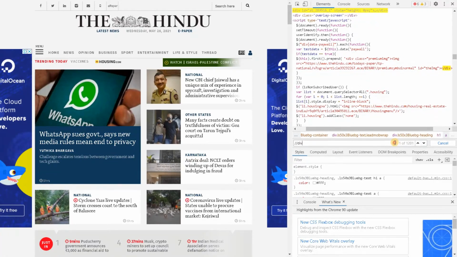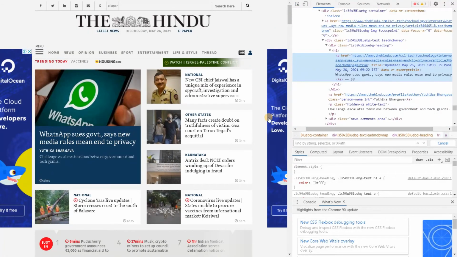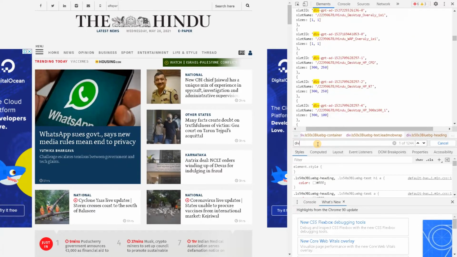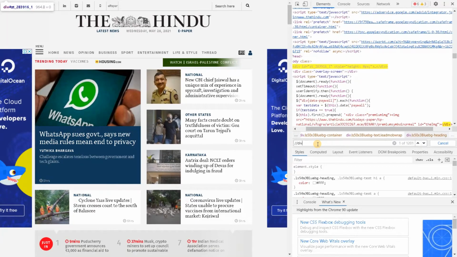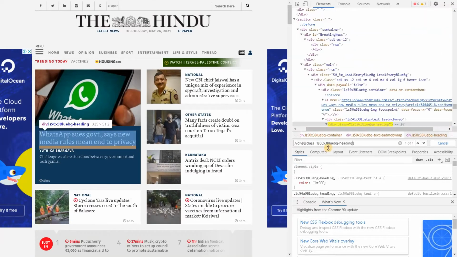we will again go to that element. Here we have a class name, and in the anchor tag also we have a title. I'm going to use this class name. Let's use it. So we use slash slash div, in square brackets at class equals, inside the quotation paste the text, and we have arrived at the div tag, then a.